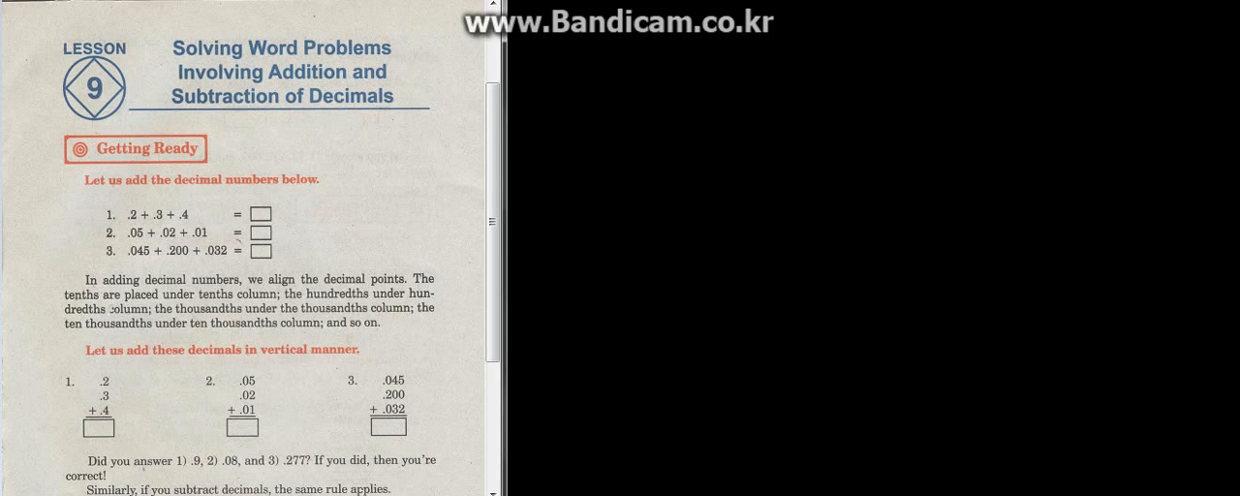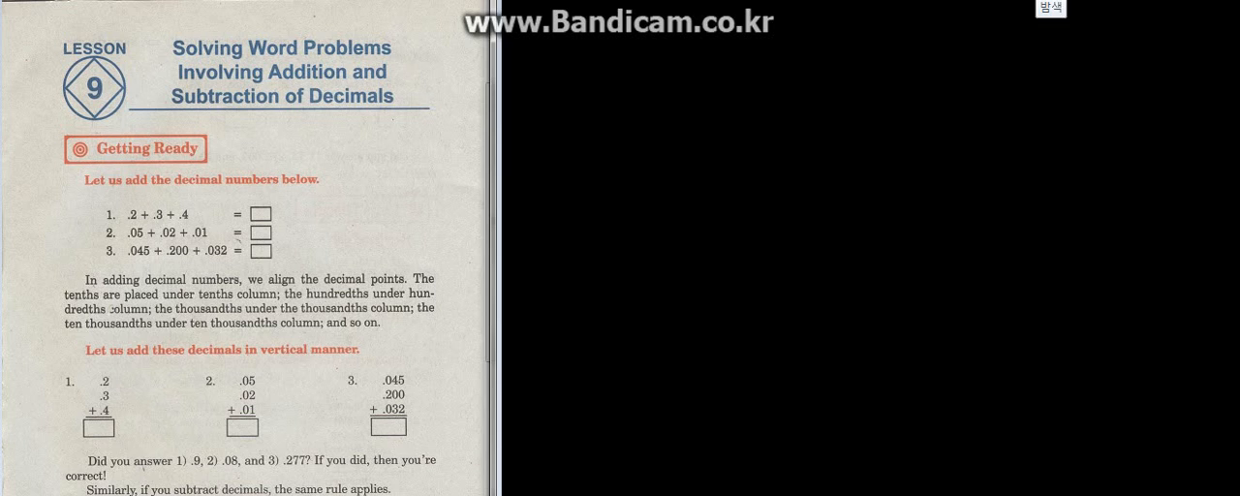Okay, hi. Today we'll work with lesson 9, which is about solving word problems involving addition and subtraction of decimals. So far you have learned how to add and subtract whole numbers, but today I'll show you how to do that with decimal numbers. First, when we look at the first part, the getting ready section,